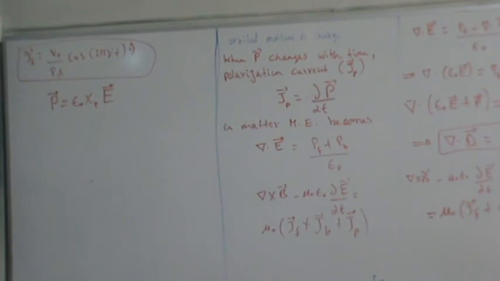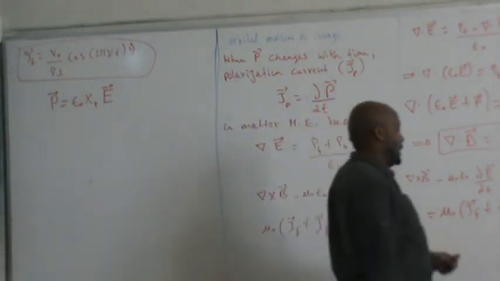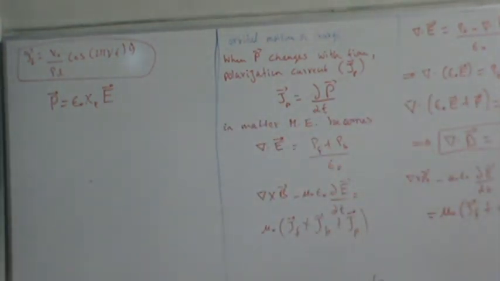Yes? How did you find the direction for the free current? For the free current, I just assumed that this is the y-axis, the direction of the y-axis along this, and the x-axis towards you, and the z-axis upward. It's an assumption, but the current is going to change. It's a function of